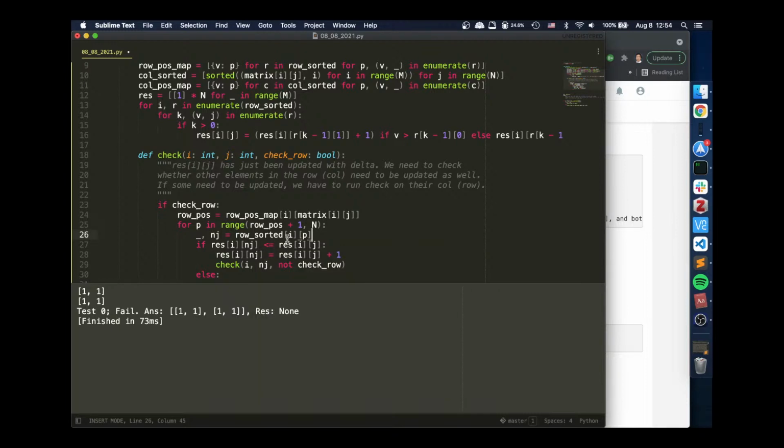So this is the next value. This is the next value. It's going to be the P. We need to check the next value and the current value. If the two values are the same, then we need to check. We know the two values are either the same or larger, right? So if